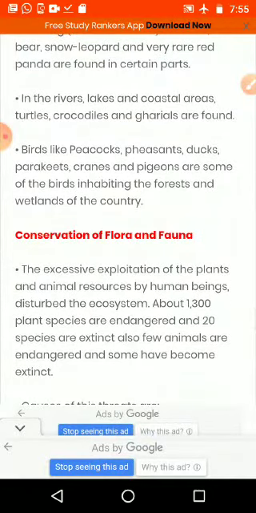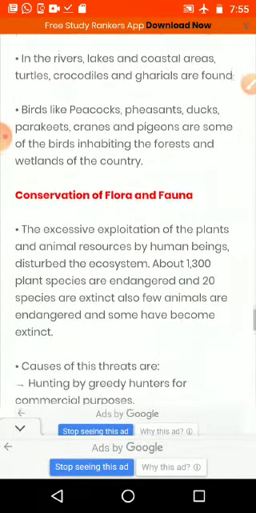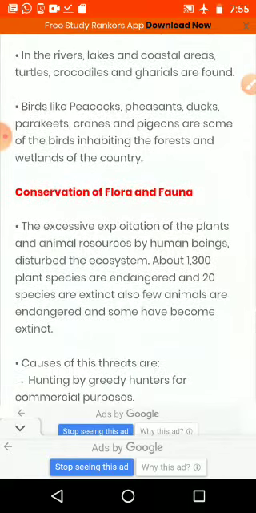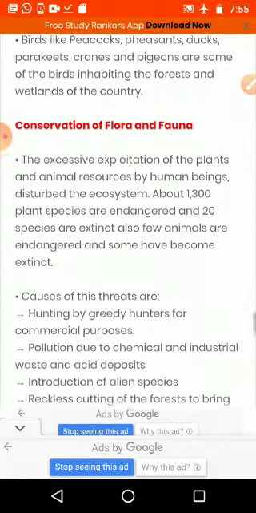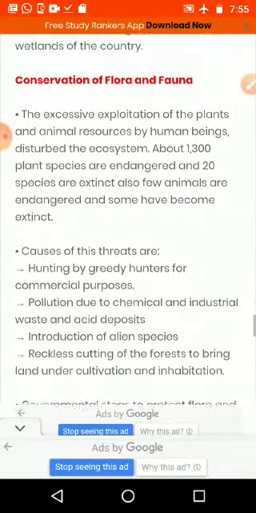In the rivers, lakes and the coastal areas, turtles, crocodiles and gharials are found. Birds like peacocks, pheasants, ducks, parakeets, cranes and pigeons are some other birds inhabiting the forests and the wetlands of the country. Next come